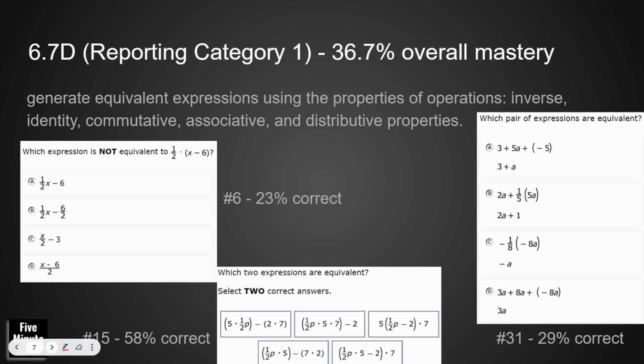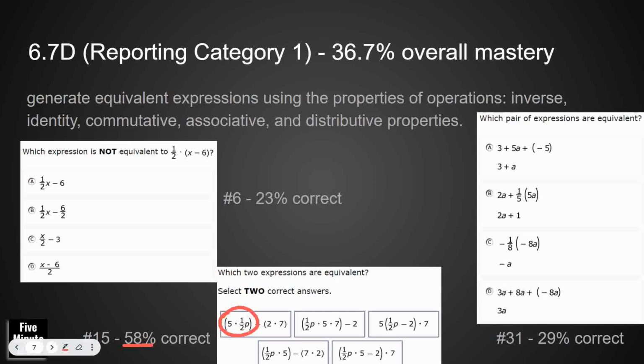So this had an item that was originally coded with another standard, but then they switched it, so this ended up being 3 different testing. Let's start with number 15 because we did the best on this one. We're selecting two expressions that are equivalent, and hopefully we're noticing after examining all of this that you see that